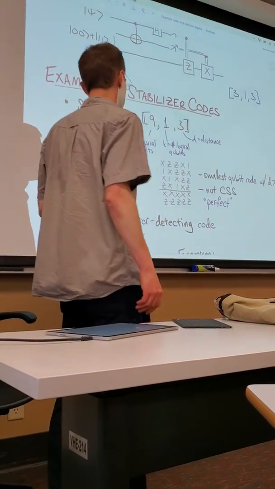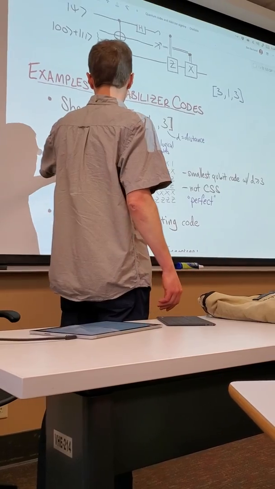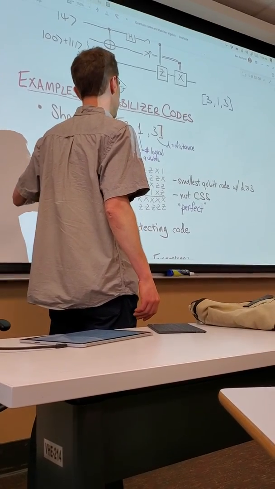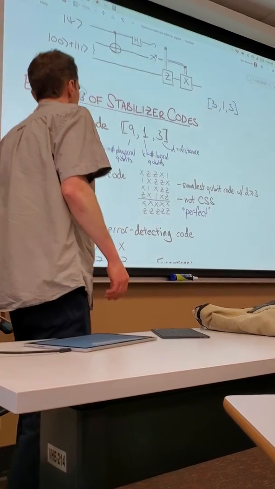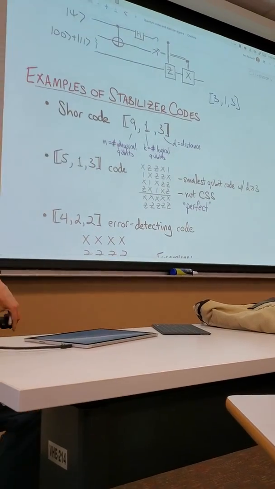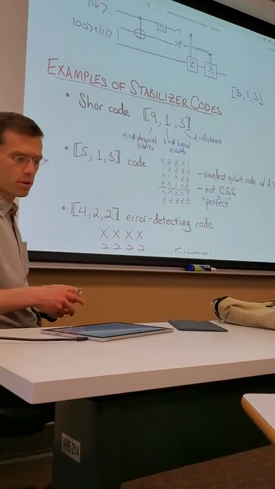And this is actually the smallest code on qubits with distance at least 3. You can see that because this code is what's called perfect. So perfect means